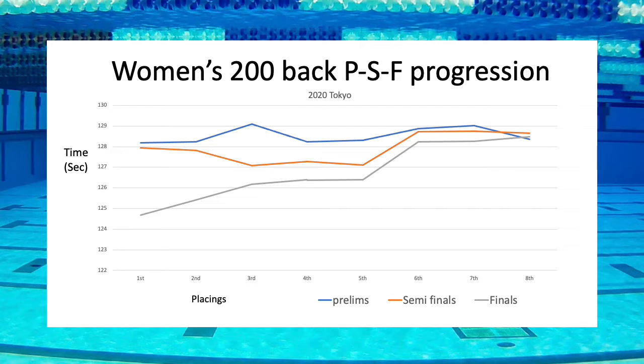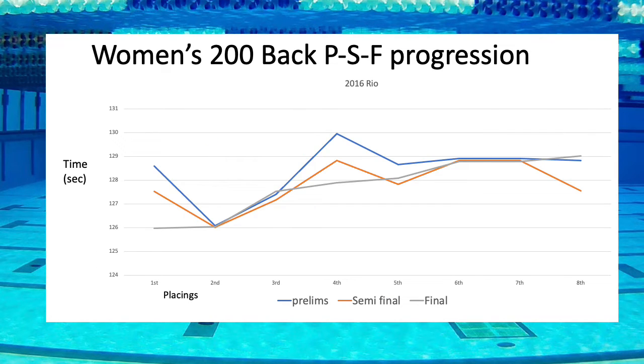If you look at the 8th place person here, this was in Tokyo. This lady had a great preliminary swim, big best time to make it into finals. And then the other races were a little bit slower, but they were all within less than 0.4 of a second difference. So there wasn't like a big drop off in any way. But everyone else did actually progress from one round to the next. And that's obviously very important. Now, the people who are going in with the fastest times have potentially a little bit more leeway on taking it easier in the first round. But everybody did increase how fast they were as they went through the rounds.